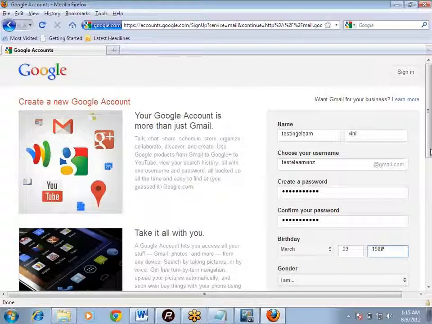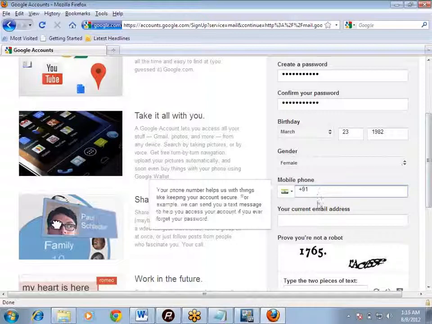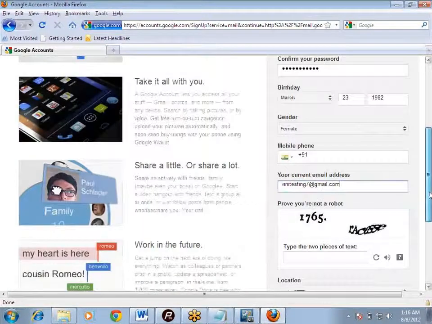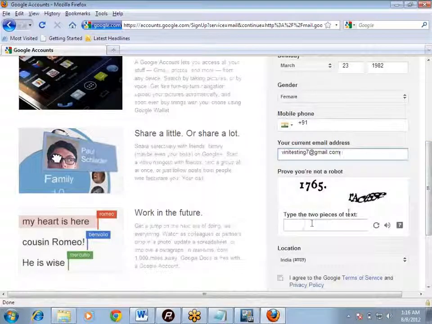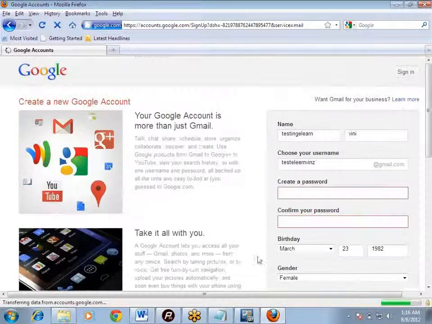Let's say select your gender. Then finally your current email. Then you click here. You enter the captcha value. Then finally you select the terms and condition and click on next.